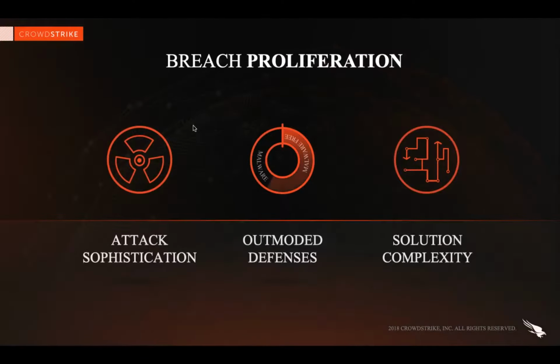Then if we look at the breach proliferation which generally occurs, we can see that there are three main factors which influence the whole picture, right? The first part being attack sophistication. We know that attacks are getting sophisticated day by day. Earlier we used to have normal worms, which had the capability to propagate from one network to another, because they have the capability to cause lateral movement, right? But when an encryption routine is piggybacking behind a worm, it becomes ransomware, right? And with the evolution of time, we also saw attacks such as botnets, for which nowadays we have a dedicated solution such as that of BotSync, etc., right?